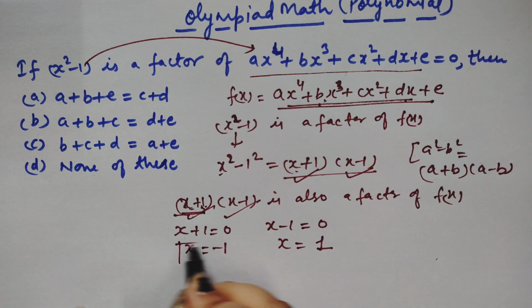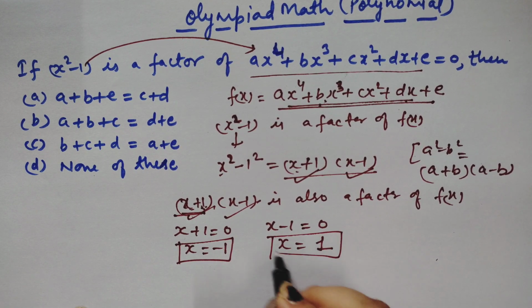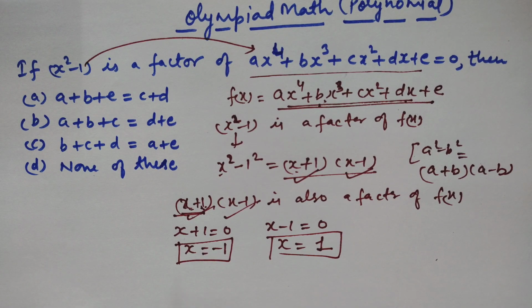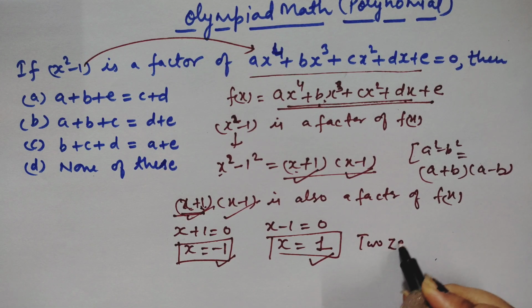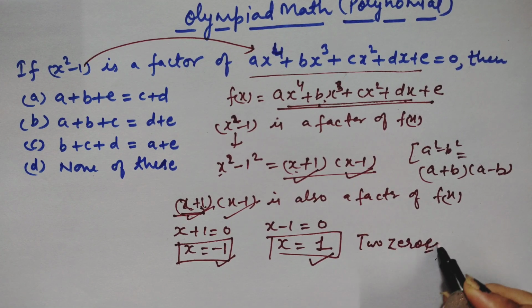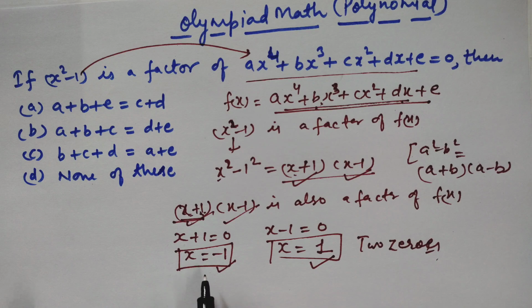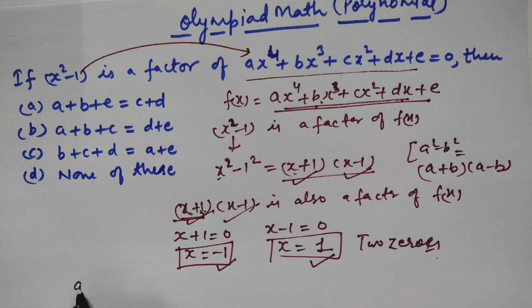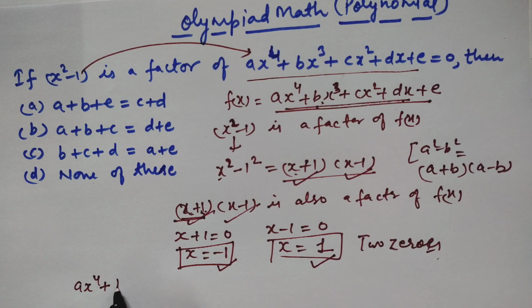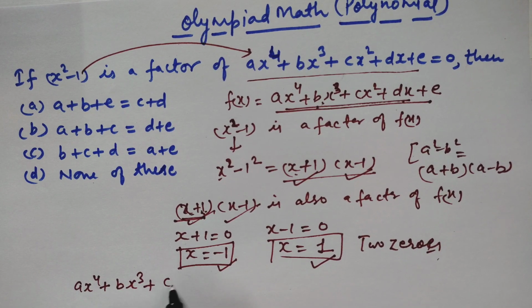So x equals minus 1 and x equals 1 are the two zeros. One by one we will satisfy this polynomial ax⁴ plus bx³ plus cx² plus dx plus